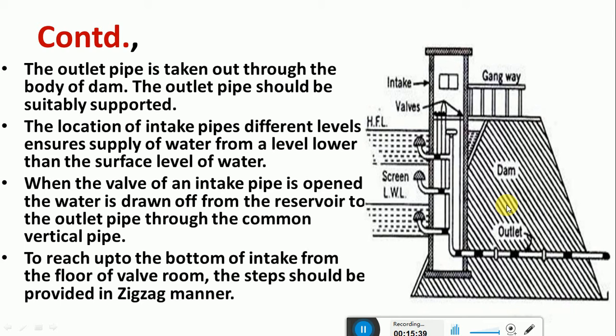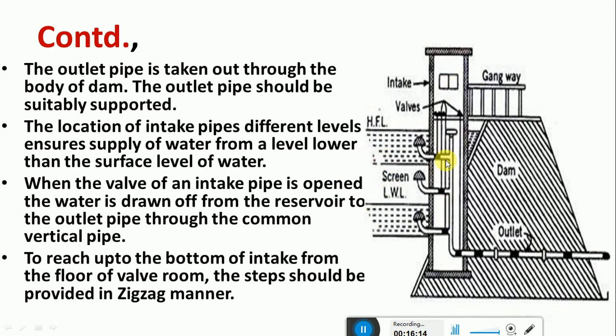As you know, reservoirs are the ones used to store water, so that water can be used for power generation or for water supply and also for irrigation. That we call multi-purpose river valley projects. So this is the dam, maybe a concrete dam constructed across a river to store the water. This is the upstream side and this is the downstream side. Here the water will be stored, and that is called the reservoir. This is the dam, and the area in which the water is stored is called the reservoir.